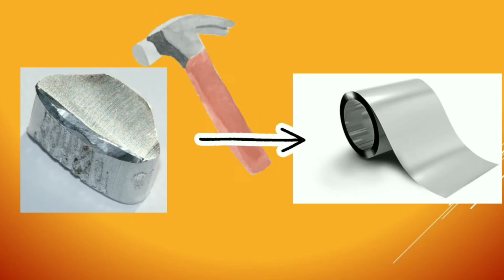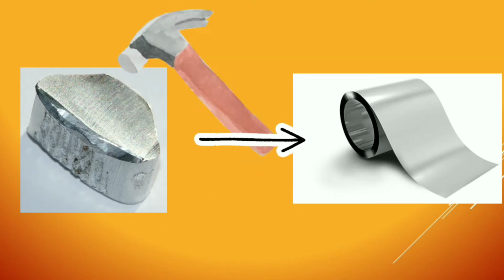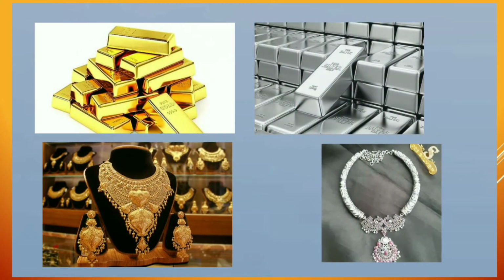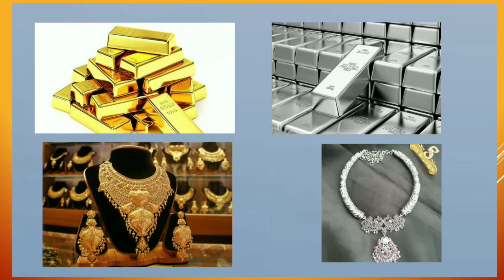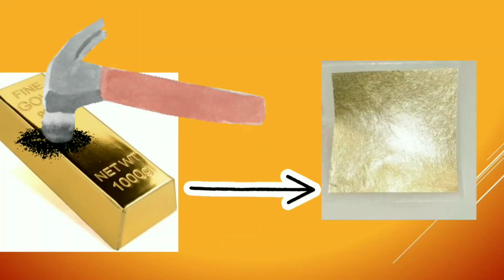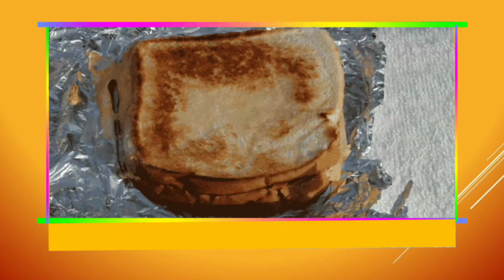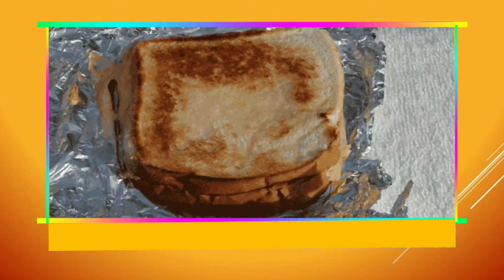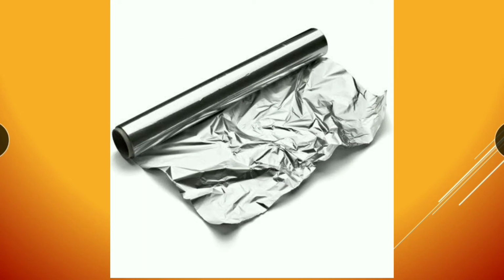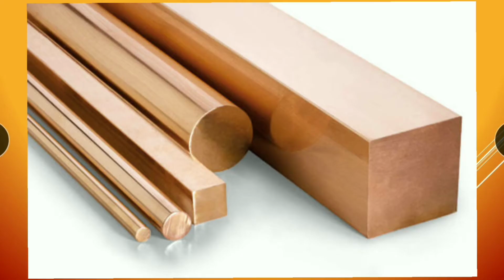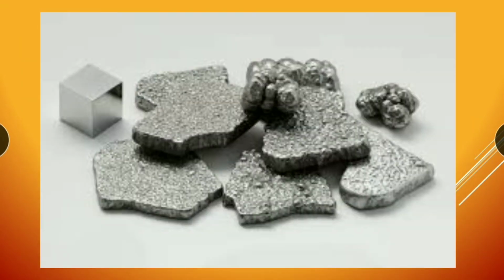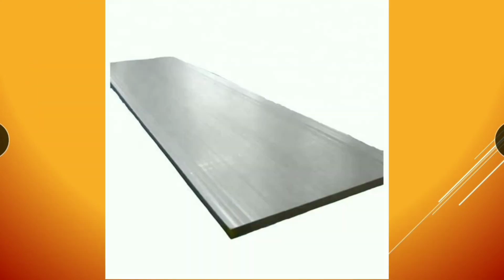Malleability is an important characteristic property of metals. Most of the metals are malleable. Gold and silver are the best malleable metals and can be hammered into very fine sheets or foils. You might have seen that your mother wraps bread or paratha in a foil, that is aluminium foil, while packing your lunch box. Copper metal can also be hammered to form copper sheets. Iron is also a quite malleable metal which can be hammered to form iron sheets.